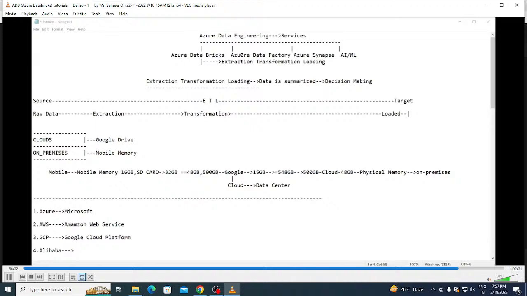Will there be any combined batch for both Databricks and Data Factory? See, the Data Factory batch is in the morning at 7 a.m., started today itself along with you. And Databricks is at this time. Combined batches means these are two different services, so I teach them differently. Yes, sir. Combinedly we'll see